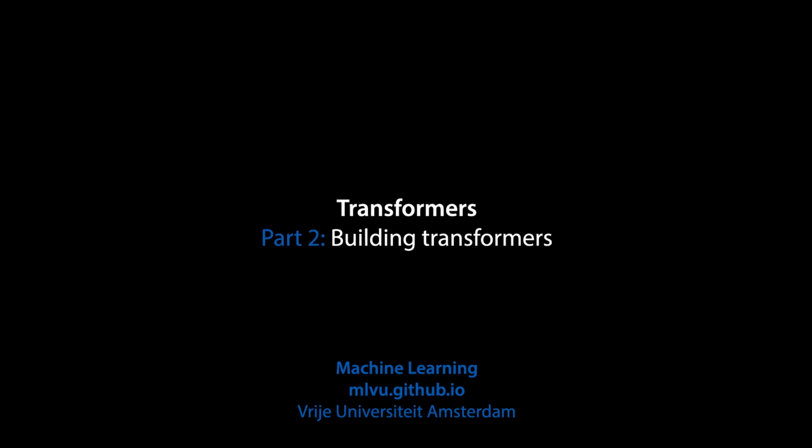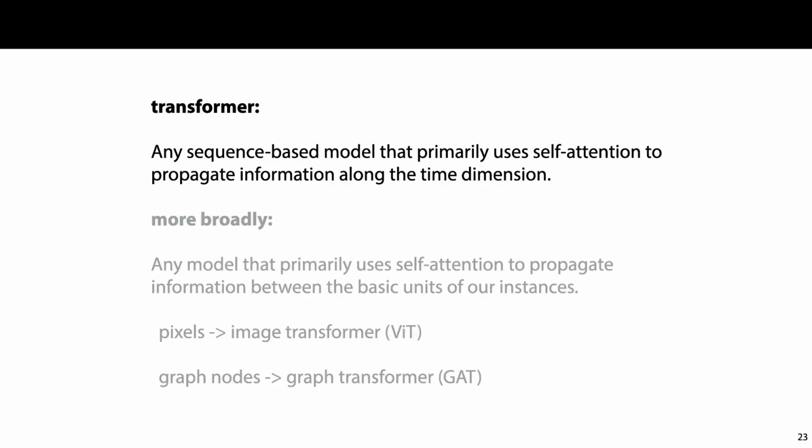Now that we have the self-attention operation defined, we can start building it into a full model. Such models are called transformers. It's not precisely defined what makes a transformer, but we'll stick with the definition that a transformer is a sequence model where the only or primary operation that propagates information along the time dimension is self-attention. There may be other operations, but these only look at each token by itself, without taking into account what happens